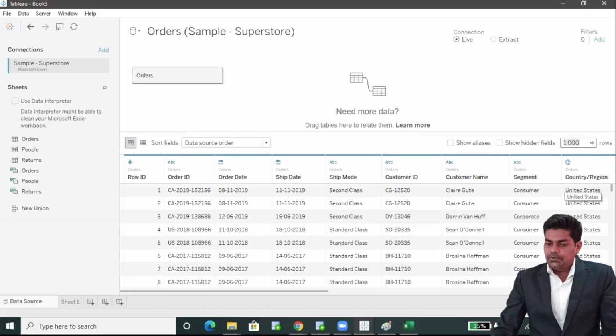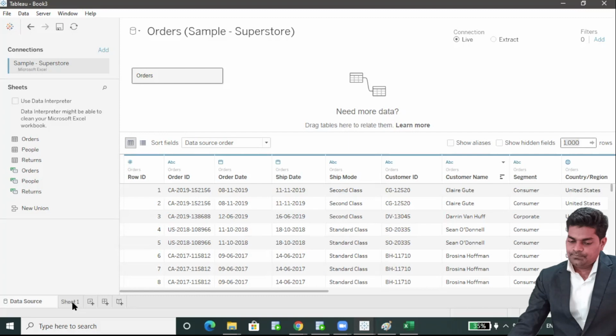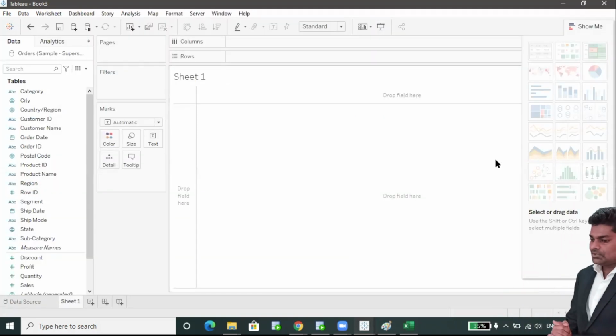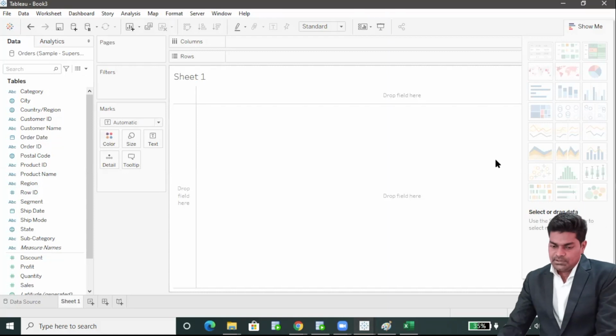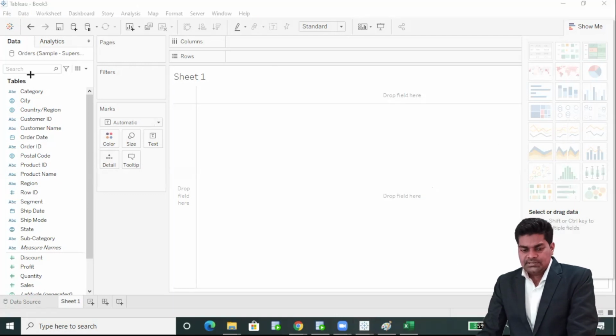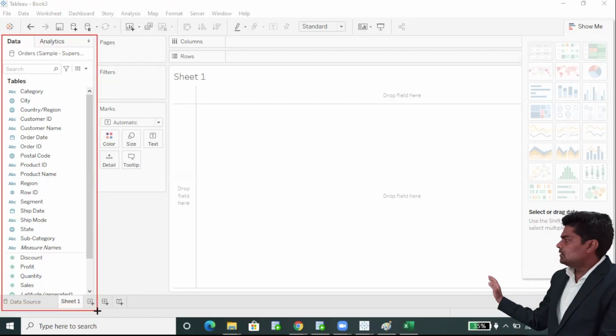Now let's go to Sheet 1. This is a very important thing. Now I will show what is what. This is called the data panel.